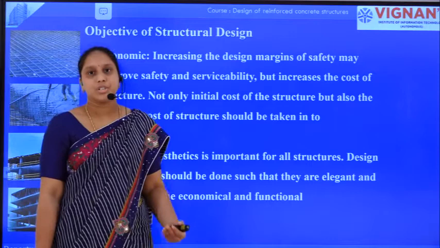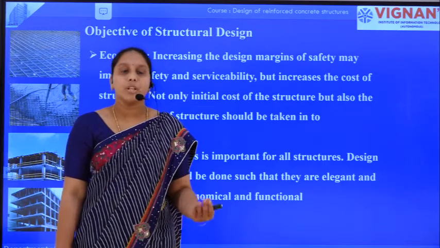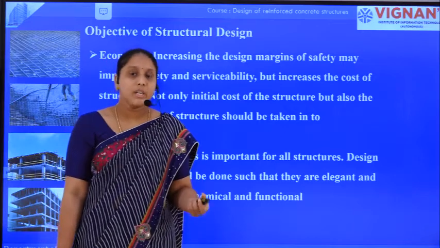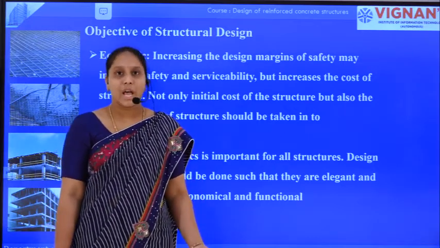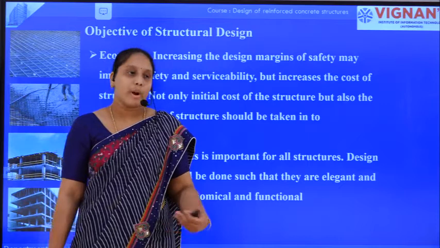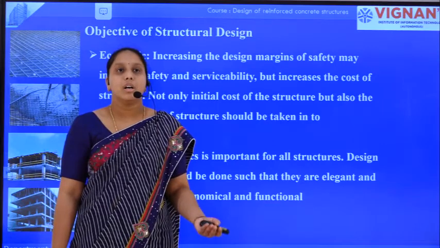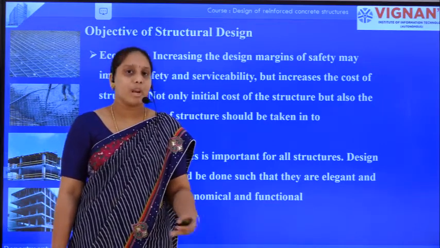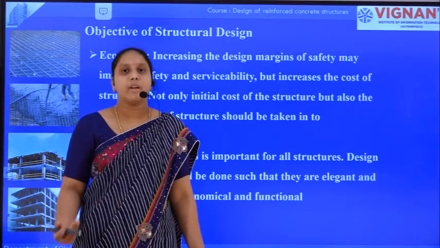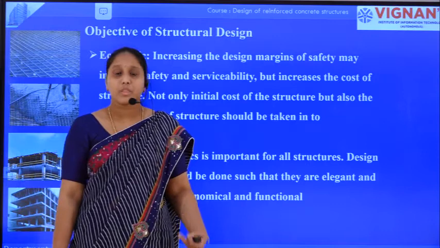Now we have seen what is structural design and the objectives of structural design. What I have told is that for carrying certain loads and to withstand all the internal forces, we have to design the structural members. But can we design as we like? Suppose I provide some 300 mm breadth of the beam, some 500 mm depth of the beam, some 3500 mm square area of the steel, dia of the bar as some 25 mm, and I am going to provide 6 number of bars. Can I design it as I like, as I wish?